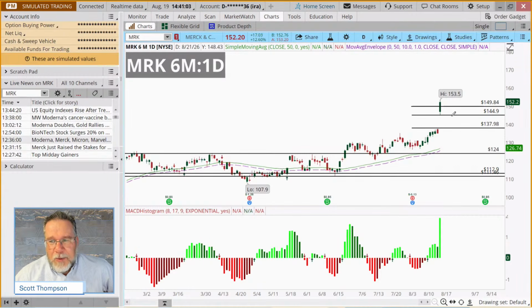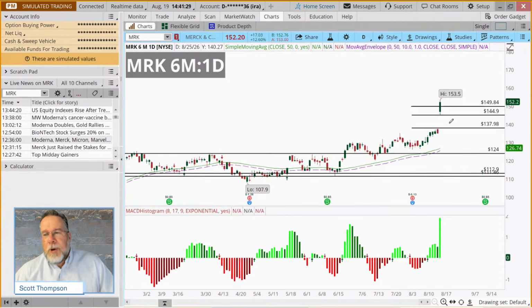Okay. And what I mean by that is not all gaps fill. Okay. That's a myth. Not all gaps fill. But I've seen many times where if a stock closes below that gap open, or the low of that gap open candle, there's a pretty good chance. You know, what is pretty good? I don't know, better than 50%, that it's going to fill that gap. But if it holds this gap level, that will usually become the new support.